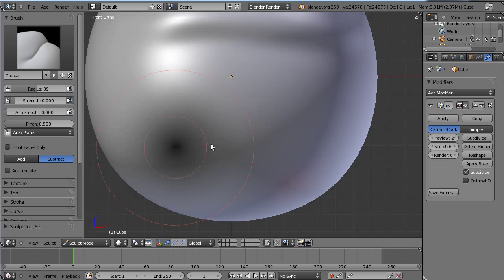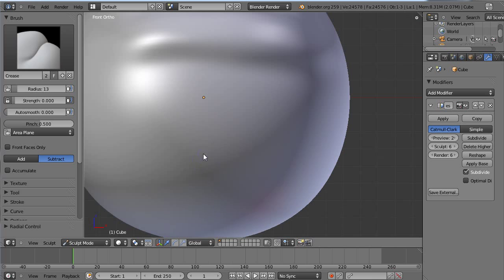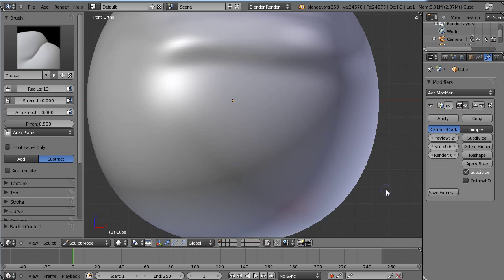So I'll make a fairly small brush. I want it to be quite small. You can see that's about how big it is down there. It doesn't show up very well on the model.